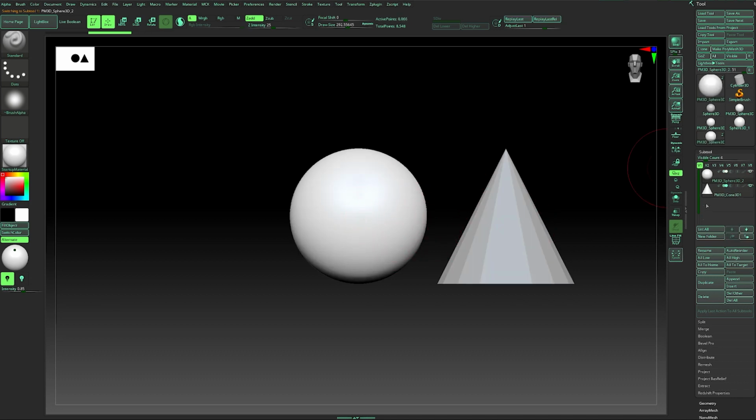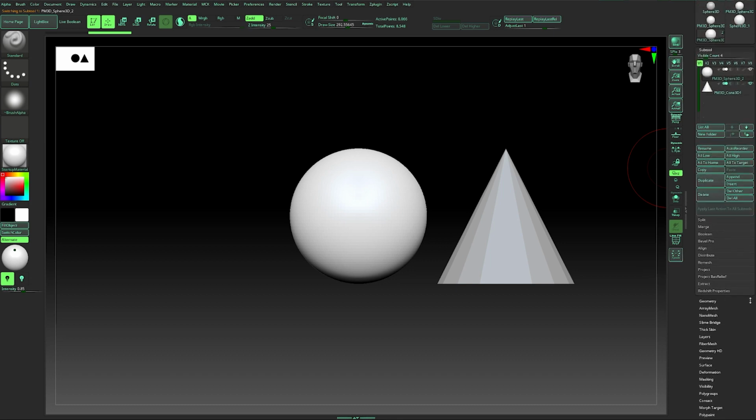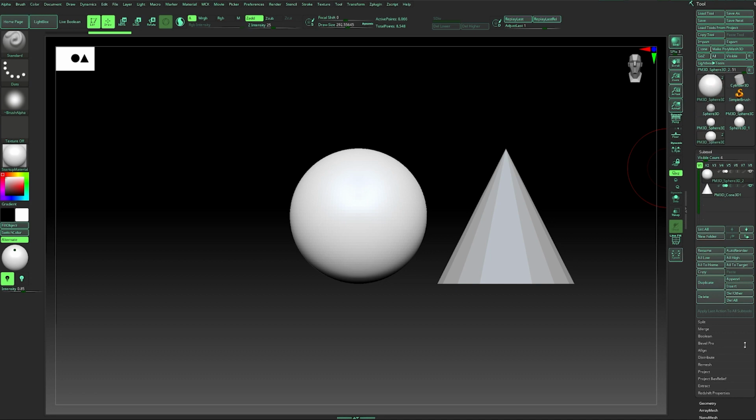This is the subtool palette. You see all your subtools, and we have a lot of useful things here that we are going to make familiar throughout the course. It's hard to explain everything that we are going to use here, and actually I think you're going to forget later down the line. So better to keep things for when we need them.